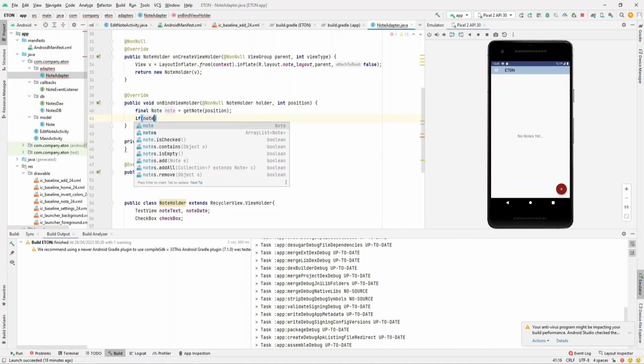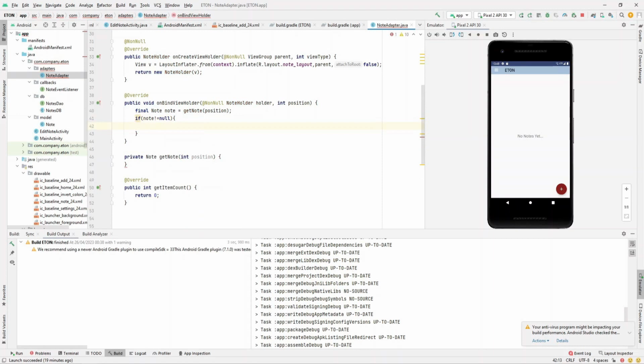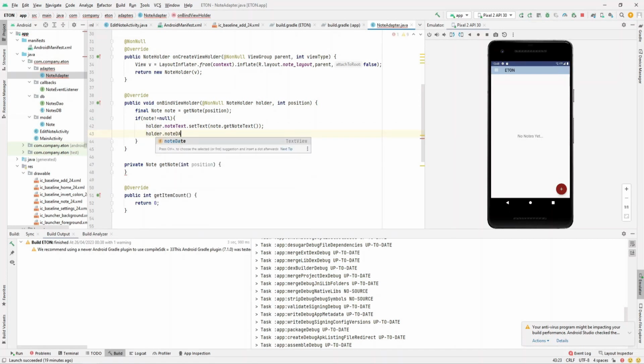If note different than null, holder note text set text note.get note text, holder dot note date set text note